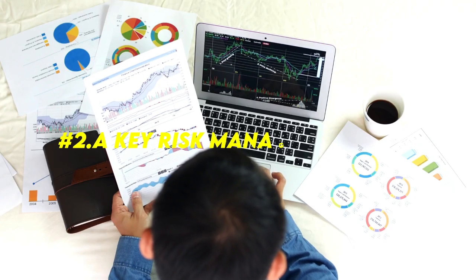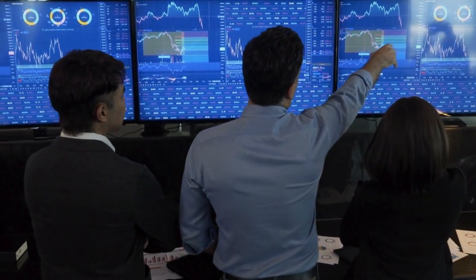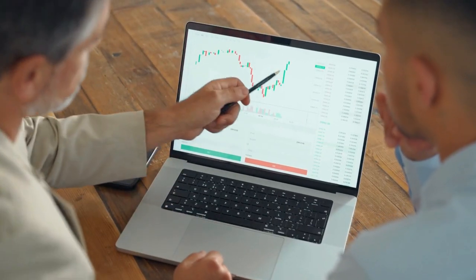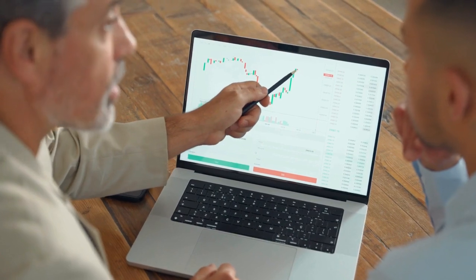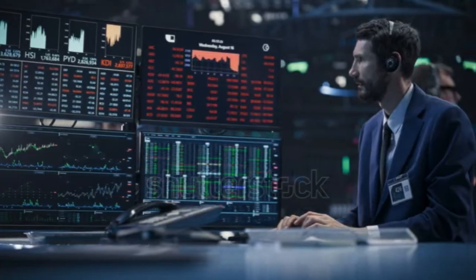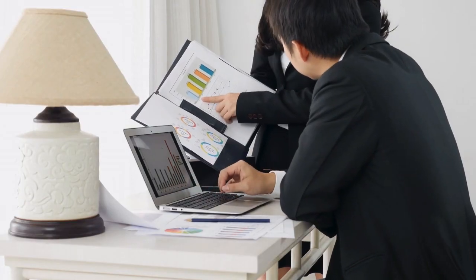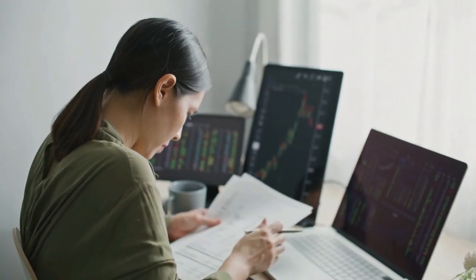A key risk management tool. Diversification is a powerful strategy to manage risk in volatile markets. By spreading investments across various asset classes like stocks, bonds, real estate, and commodities, investors reduce the impact of a poor-performing asset. For example, during the 2008 financial crisis, investors who held diversified portfolios saw less damage than those who